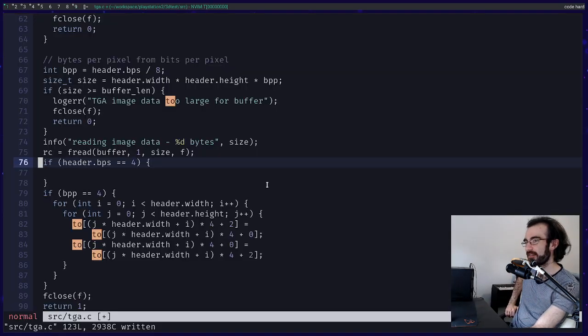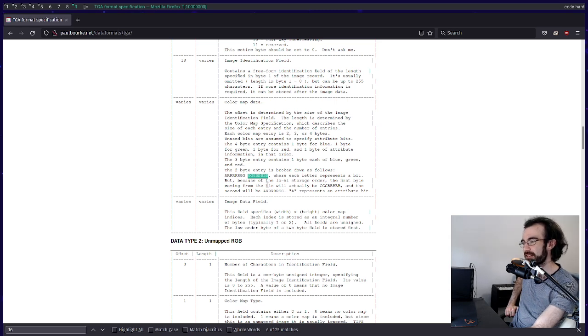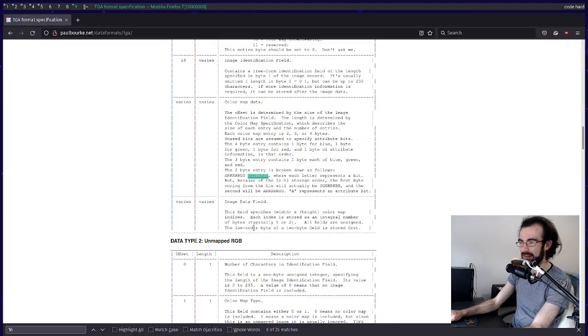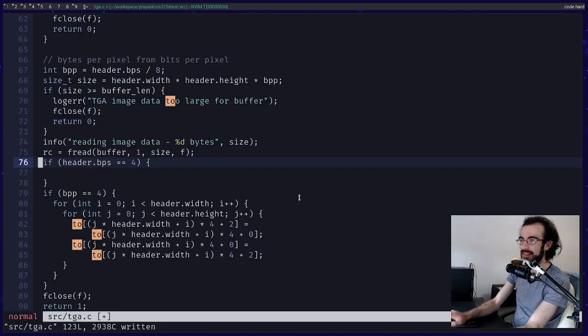I think we're big endian in PlayStation 2 world. Are we big endian? Or are we little endian? This says red goes at the little end. TGA says that blue goes at the little end. It doesn't really matter. But if blue goes at the little end,